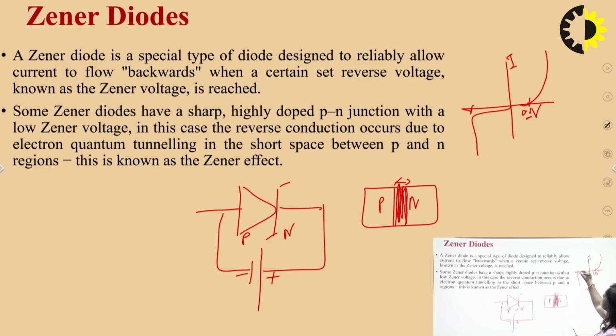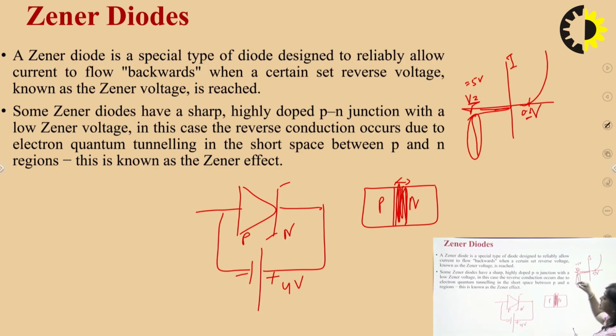Here this is the breakdown voltage, and before that breakdown voltage, the Zener acts as an open circuit. Like, this is a Zener diode, and we have applied a voltage across this Zener which is less than its breakdown voltage. Like the breakdown voltage is 5 volt, and we have applied 4 volt here. So in this case, the Zener will not work in the breakdown region. This is the breakdown region.